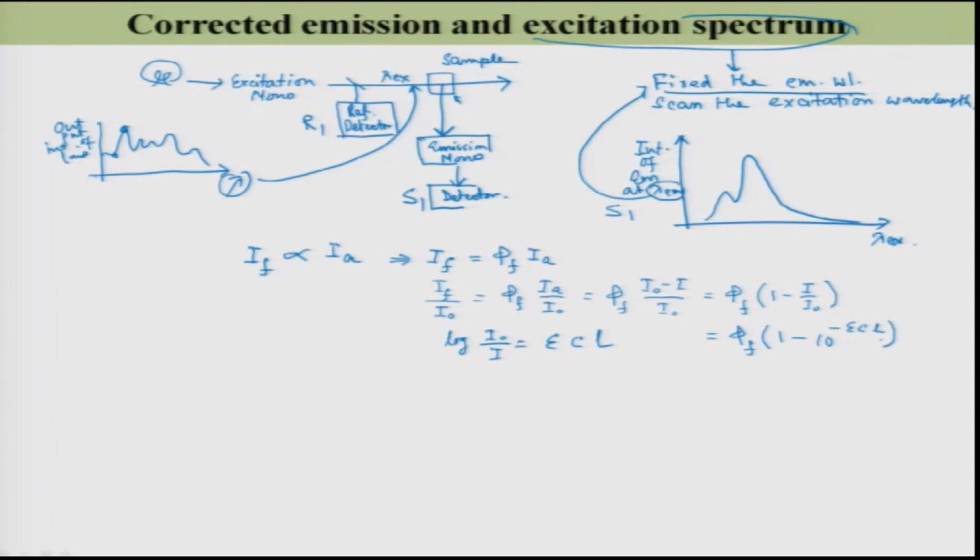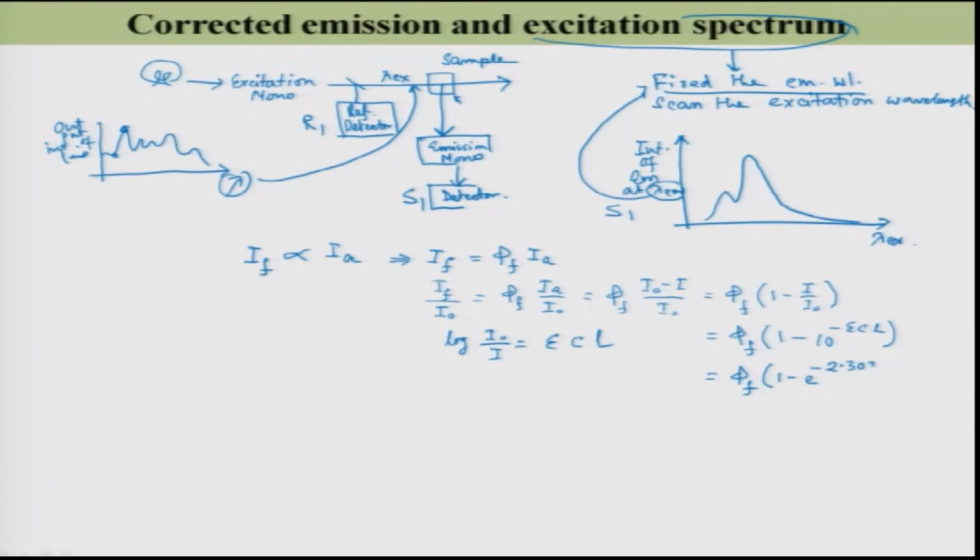I can write that. Let me write it once again over here. Now, I will change from 10 to the power to e to the power. So, this can be written as phi f times 1 minus e to the power minus 2.303 epsilon CL. So, e to the power minus 2.303 epsilon CL, I can write it as 1 minus 2.303 epsilon CL,